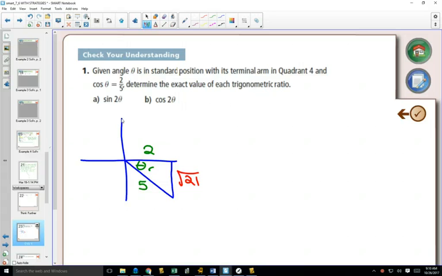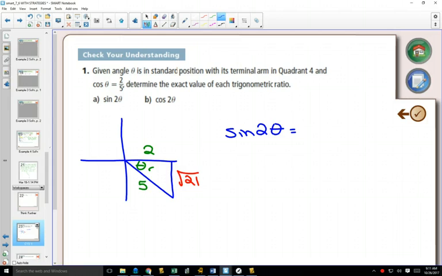When we label the sides of the triangles, I always label them as positive, because they're actual lengths of that triangle. When we determine things like sine and cos, cos is positive in quadrant 4. Sine is going to be negative in quadrant 4. So we have to be aware of those things. So when we're trying to find sine 2 theta, it's going to be equal to,